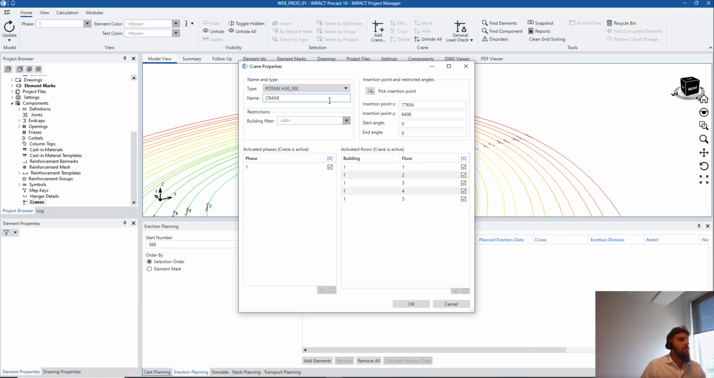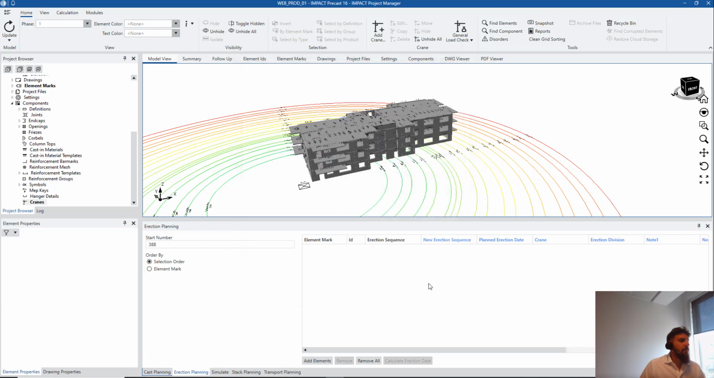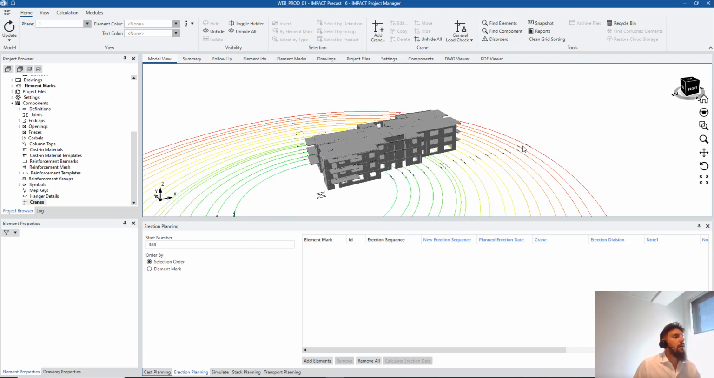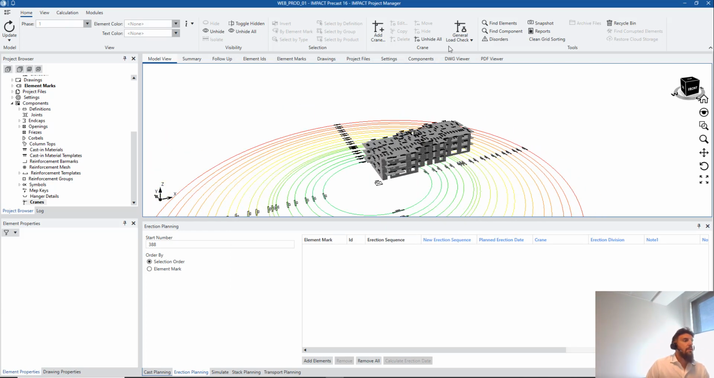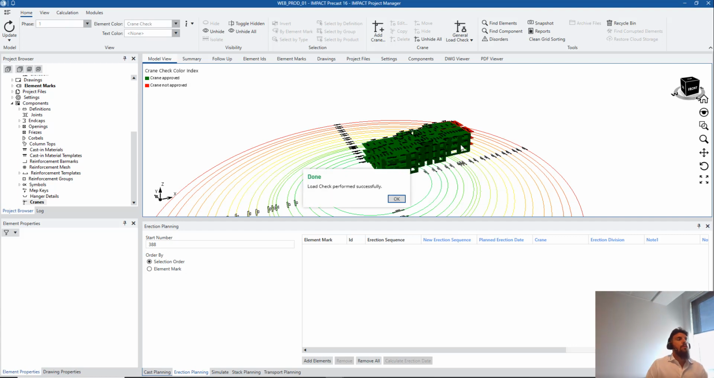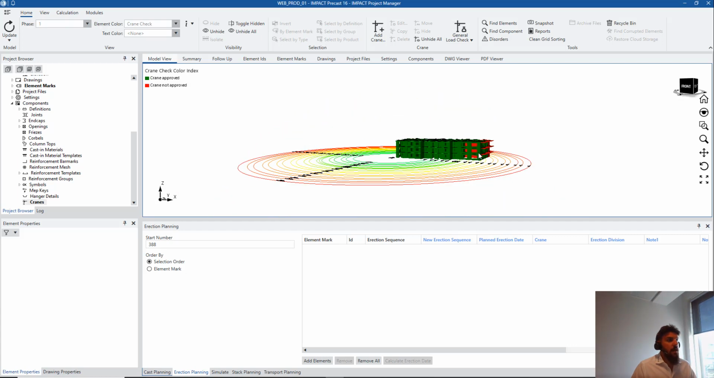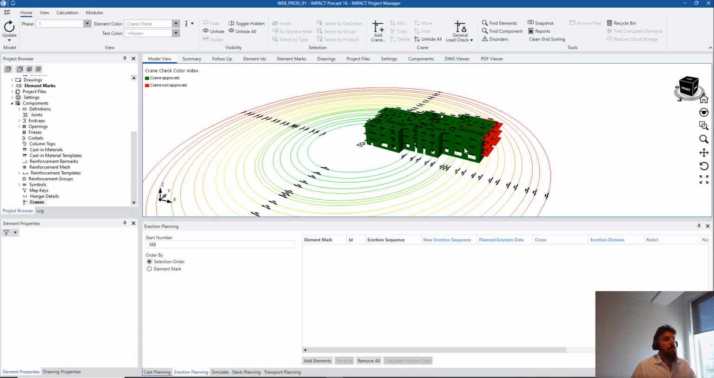And the second insertion point, I guess there is no need for a second crane. This is a very big crane, so I will try to say OK. And the next thing we are going to do is general load check. So if the position I have selected here is correct, and I get the general load check, then all of the elements, except for the ones from this side that are red, are going to be picked up by